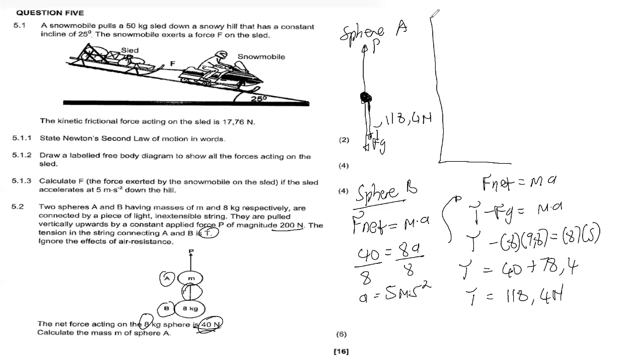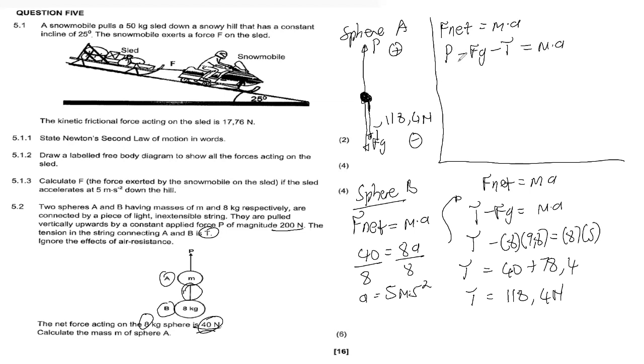And then let's calculate the mass of sphere A by saying F net is equal to MA. Now looking at sphere A, this is the positive direction. Remember, it is still being pulled upward, and all this down here will be in the negative direction. So my equation will be P minus Fg minus tension is equal to mass